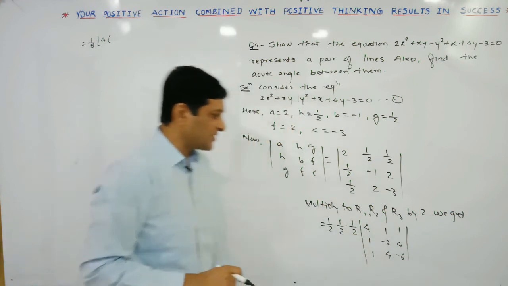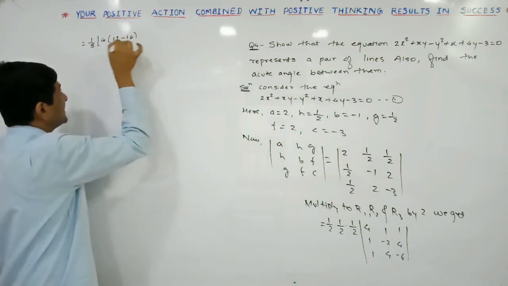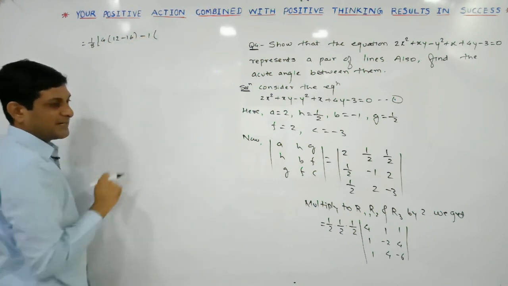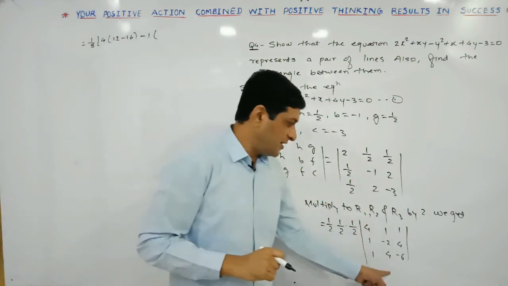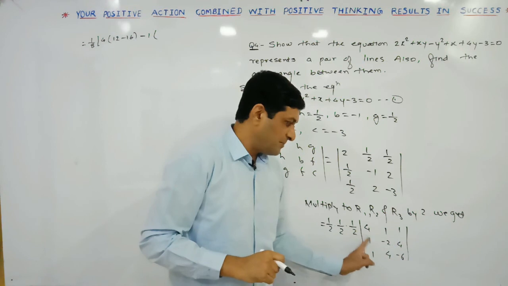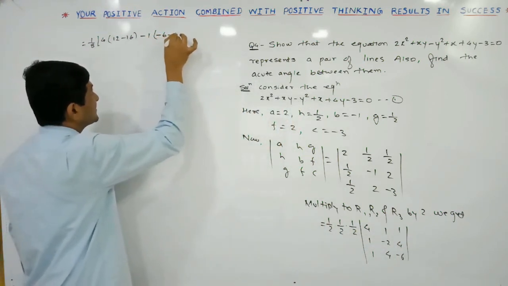12 minus 16 will be equals to what? Minus 4. So here 12 minus 16. In the next step we will write it down as minus 4. Here minus 1 plus 1 is there, then write down minus 1. Now delete this column. So this product is minus 6 and this will be 4. Minus 6 minus 4. So here we will get minus 6 minus 4.